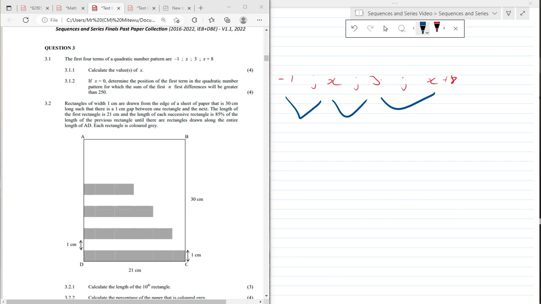Now to move on to the following quadratic number pattern. Here we have -1 is the first term, x is the next term, 3 is the next term, and then x plus 8 is the final term. And we are asked to calculate the value or values of x. Now, how would we go about